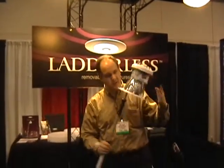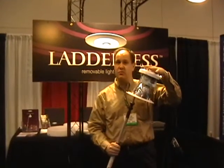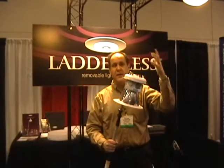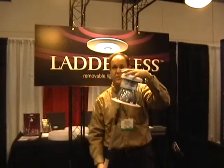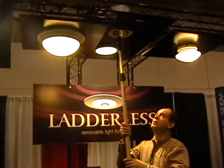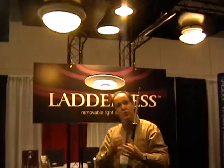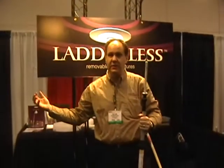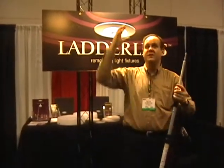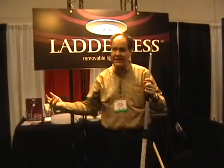You have your ballast, you have your lamp, everything's right here. So like before, you have an extra one of these. Oh, the fixture's not working. I'm going to pull down the one that's not working. I'm going to take this module that is working, put it on the tool, raise it up. When the light goes on, you know it's aligned correctly. You pull out the tool and you take the old one back to the shop for repairs later. Again, not in the way, not in public. You're taking the fixture, removing it from the situation without using a ladder, taking it back to the shop and